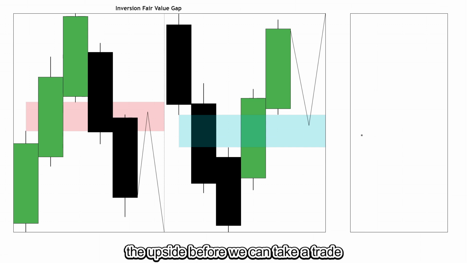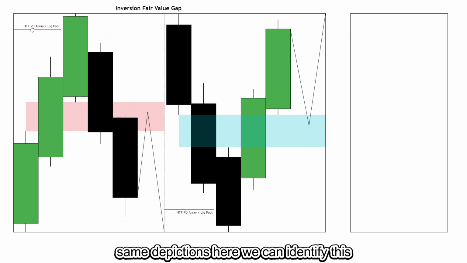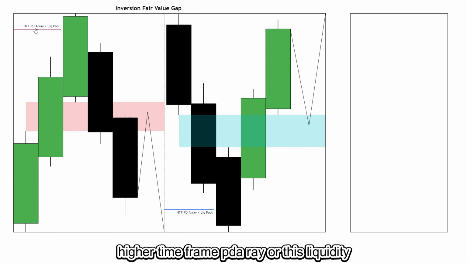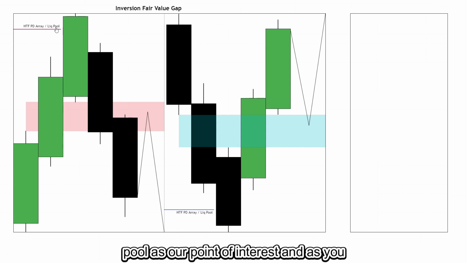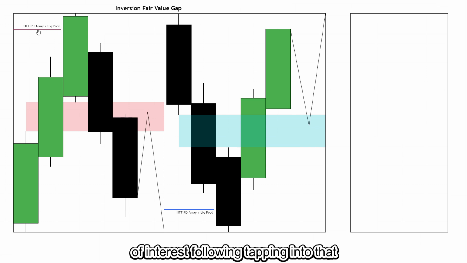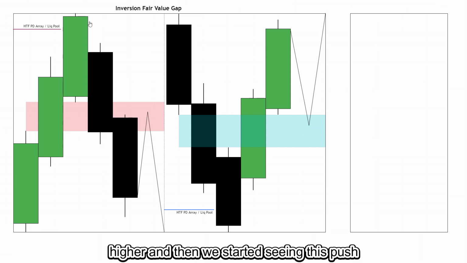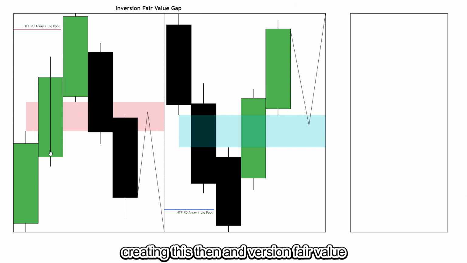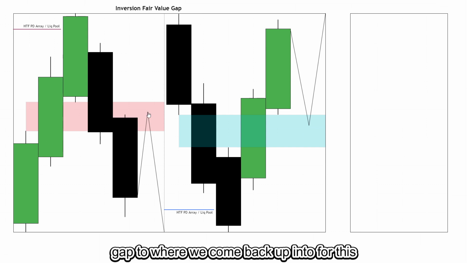Before we can take a trade inside of inversion fair value gaps, we have to be aware of overall context. Looking at the same depictions here, we can identify this higher time frame PD array or this liquidity pool as our point of interest. And as you can see, price came higher into that point of interest. Following tapping into that point of interest, we could not push any higher, and then we started seeing this push to the downside, creating this inversion fair value gap,